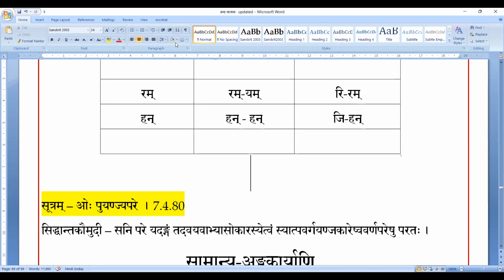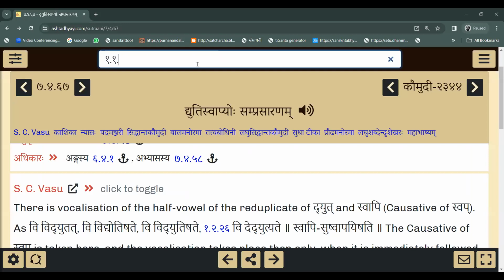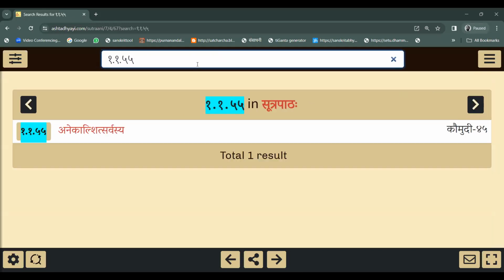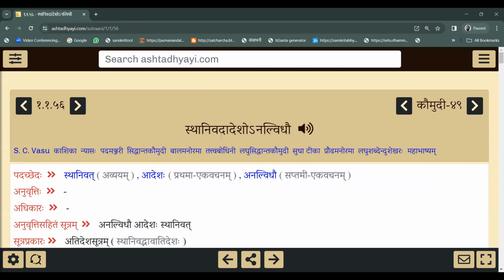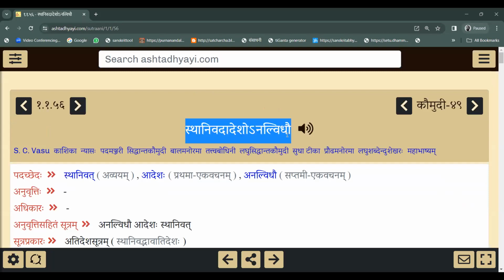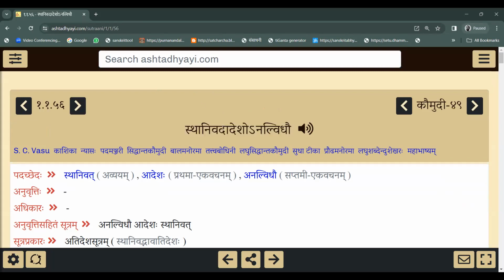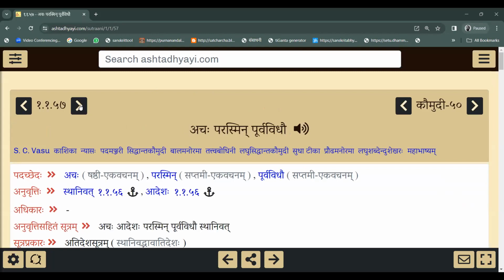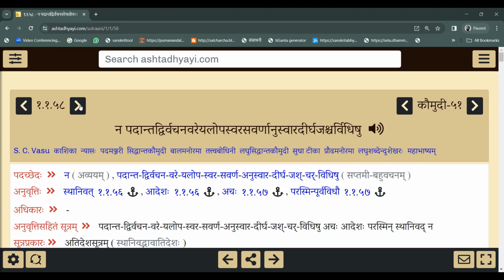It comes under Stanivat Adeshaha. You see the sutra, Dvirvachane Achi. Stanivat Adesha Anal Vidhau, we have seen, if you remember, in the 1156, we have seen this elaborately in the Ashtadhyayi class, that is in the beginning one. Now we are doing the Lakara Rupam of that. There only we took a diversion, came to Sun. So there we have seen Stanivat Adesha Anal Vidhau. 56, Ajap Paras Vinpuru Vido, this sutra also we have seen in the context of Churadigana, becomes Katdatu, becomes Katayati, not Katayati. The next sutra, there it negates Stanivat Bhavaha. The next sutra is